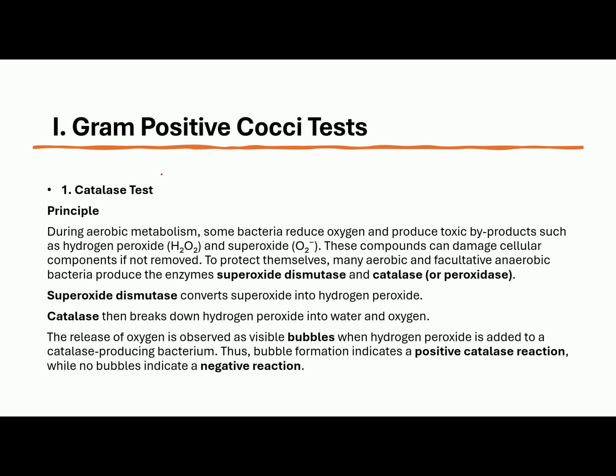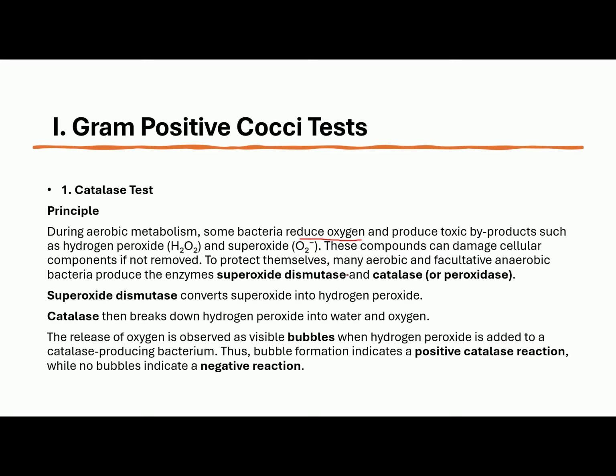Now, let's start with the first and the most common test for the group of gram-positive cocci. We have the catalase test. So the catalase test is a routine test done in almost all laboratories. Now the principle here is that during aerobic metabolism, some bacteria reduce oxygen and produce toxic byproducts such as your